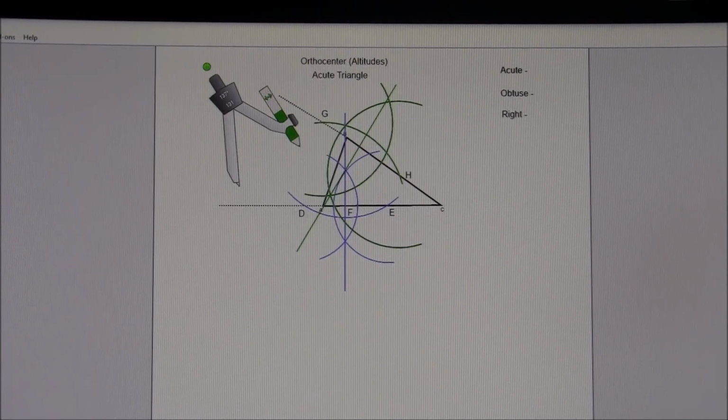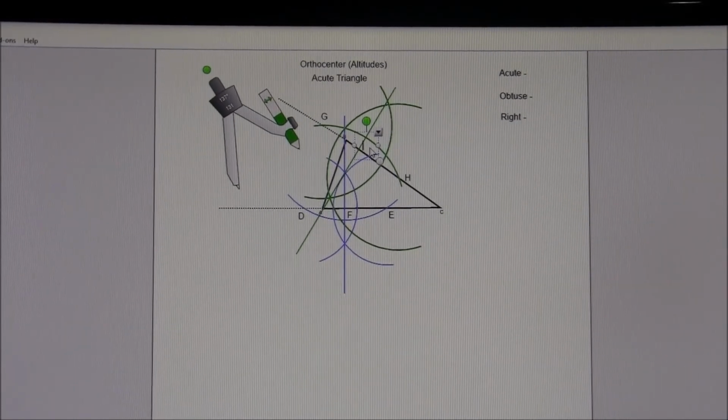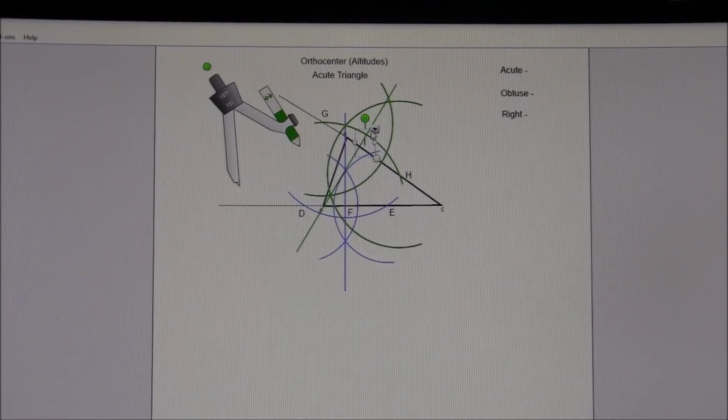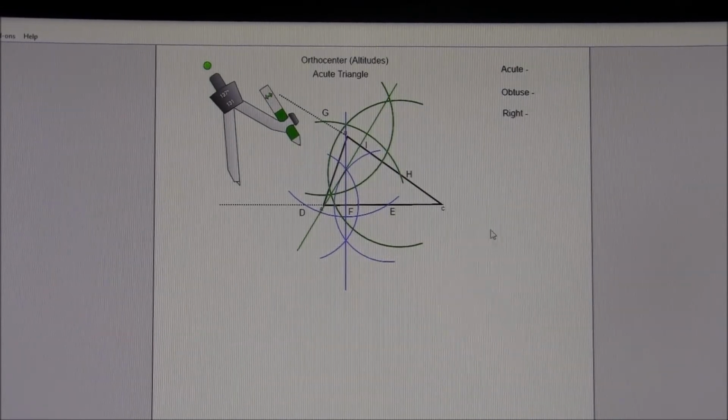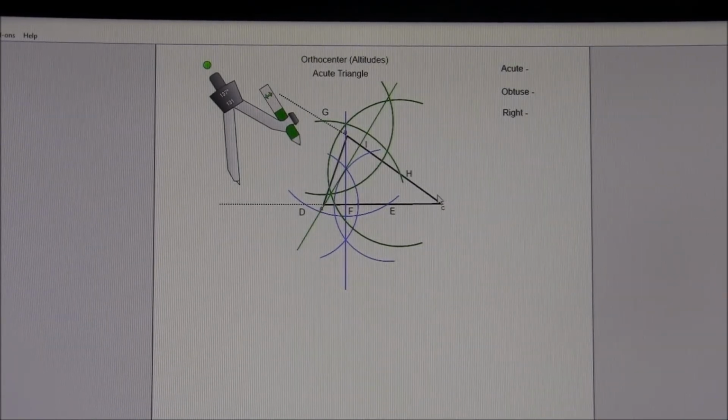Let's call that I. AI is the altitude for this side, BC, and BF is the altitude for AC. So I did this side, I did this side. Now I'm left with